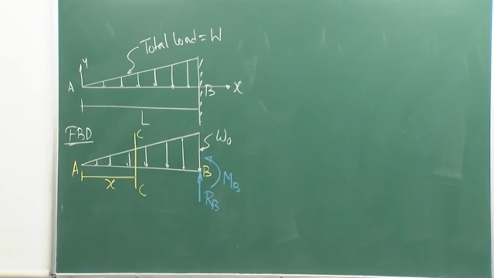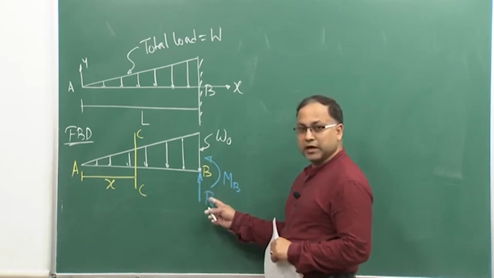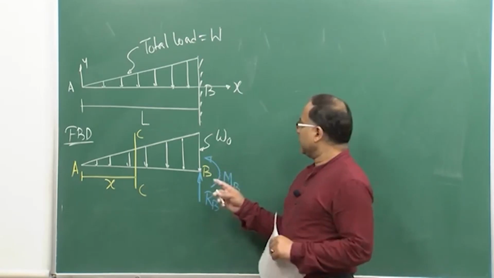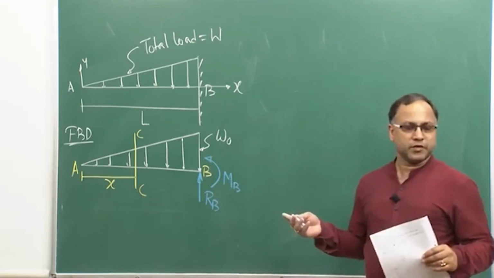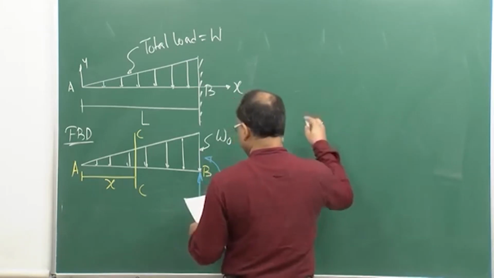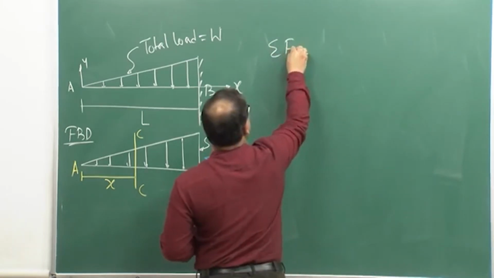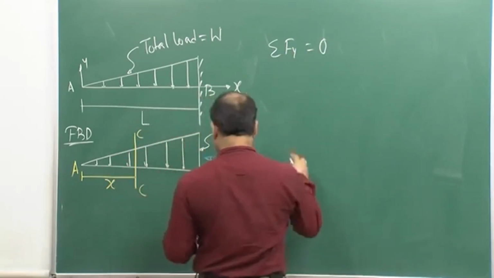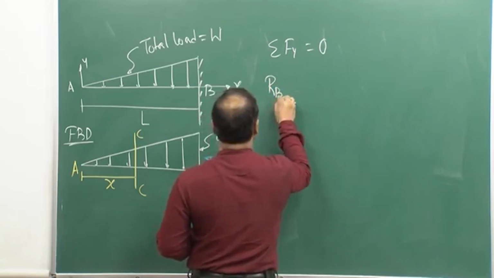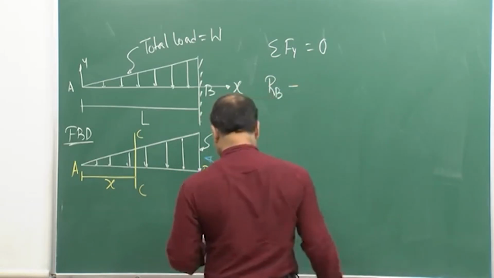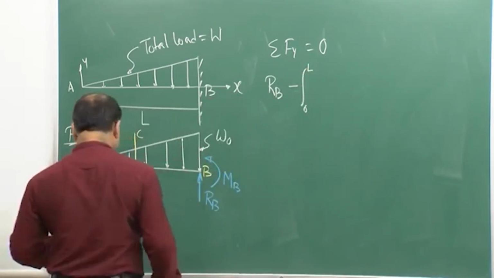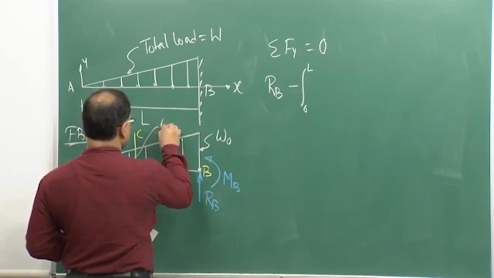So, your first job is to find out the reaction force RB and reaction moment MB. How will you find that out? You get it from your equilibrium condition. So, for that I can simply satisfy summation of Fy equal to 0. That gives me RB minus the integral from 0 to L, because this is varying, of Wx,